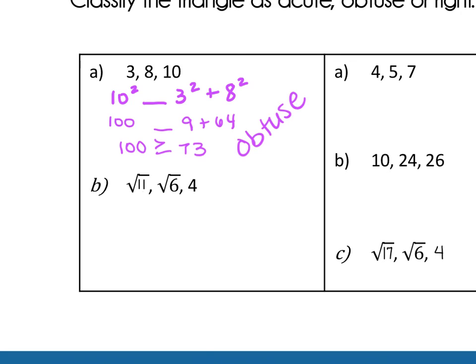Now B, what's biggest? Square root of 11, square root of 6, or 4? Remember, if it's not as easy to look at, we're going to square them each, right? So if I square the square root of 11, I get 11. I square the square root of 6, and I get 6. I square 4, and I get 16. What's the biggest one? The 16. So 16 has what relationship to 6 plus 11? It's less than, which makes it